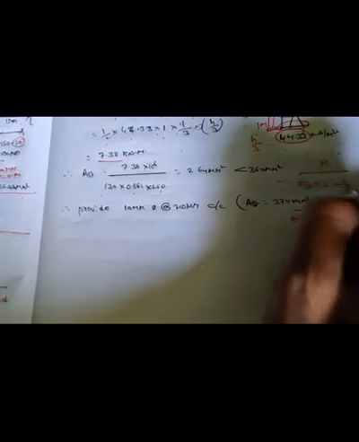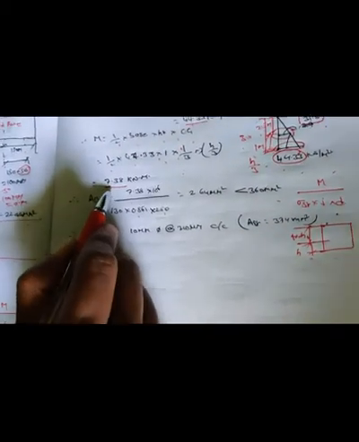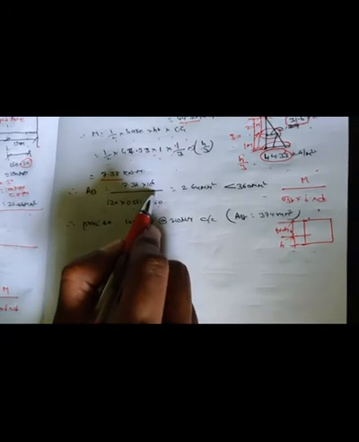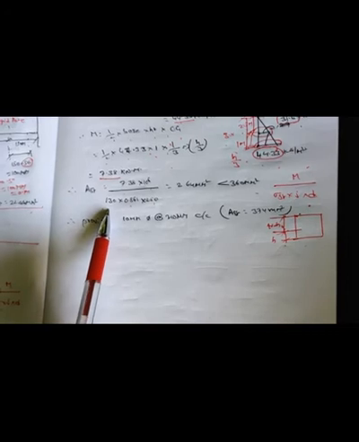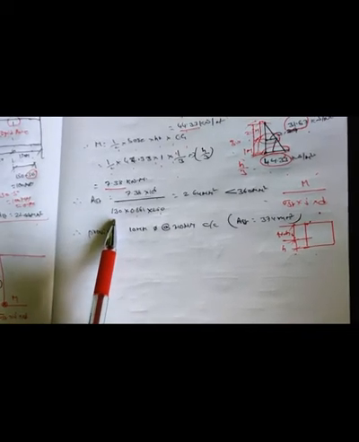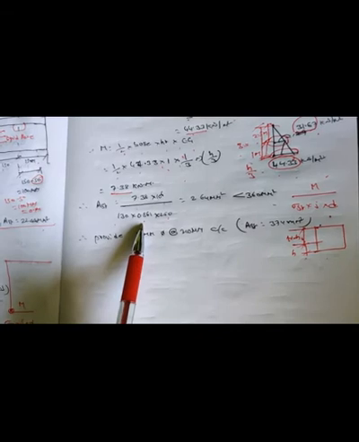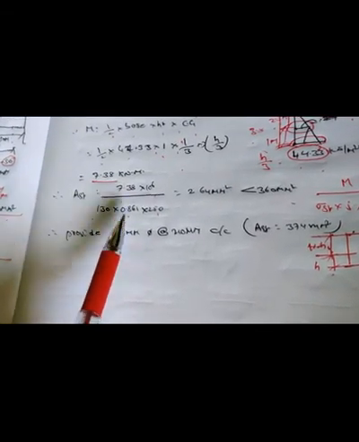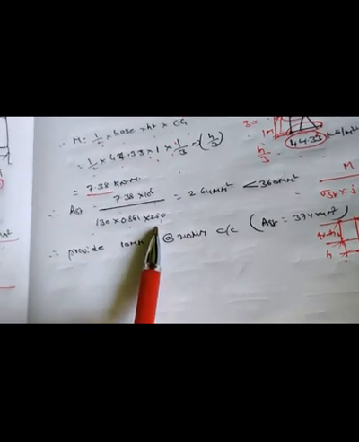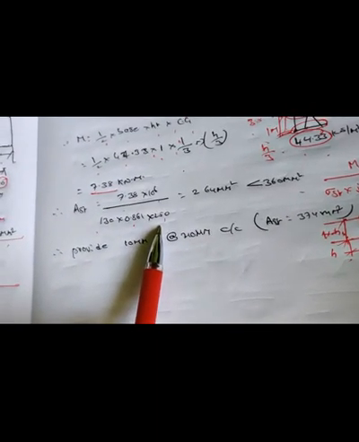Now obviously AST formula is M upon sigma ST into j into d. What is this formula? M upon sigma ST into j into d. What is the moment here? 7.38 into 10^6. I am converting it here into Newton mm, and sigma ST value is 130 as per IS 3370 part 2, and lever arm value we have seen before, 1 minus k divided by 3. I am getting here 0.861, and depth, that is 250 mm. Depth 250 mm is same here.